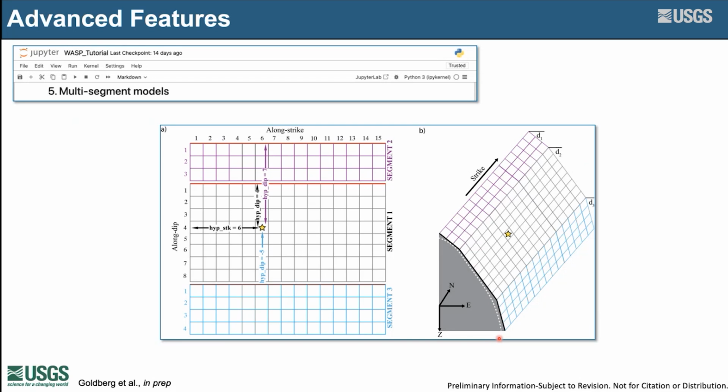So here, segment 1 in gray is the segment that contains the hypocenter. There's a shallower planar segment above that dips at a shallower dip, and then this blue segment at the bottom dips at an even steeper dip than the hypocenter